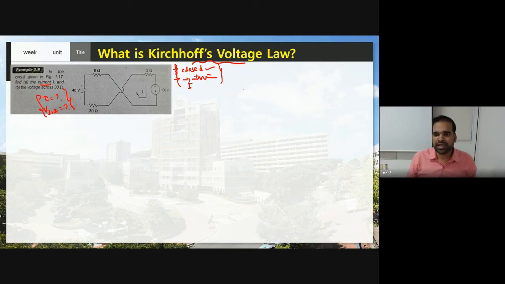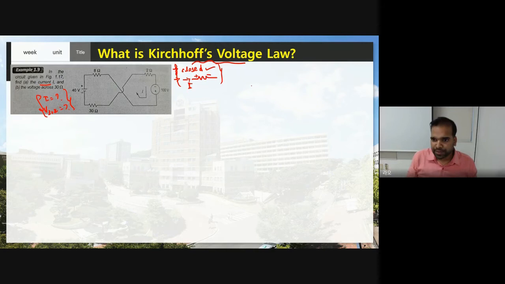In my previous lecture I explained what happens if two or more voltage sources are connected in series or parallel, and what happens if two or more current sources are connected in series or parallel. As resistors are connected in series, you know how to find R equivalent, and at the same time I explained how to find the total current and the equivalent current source and equivalent voltage source for those cases.